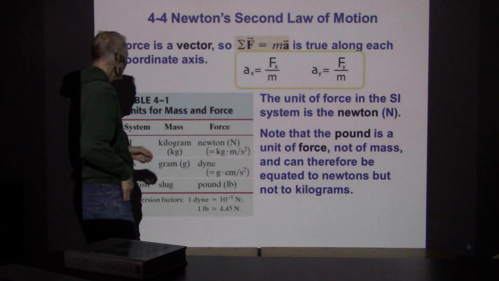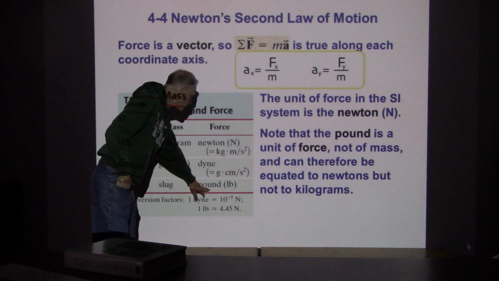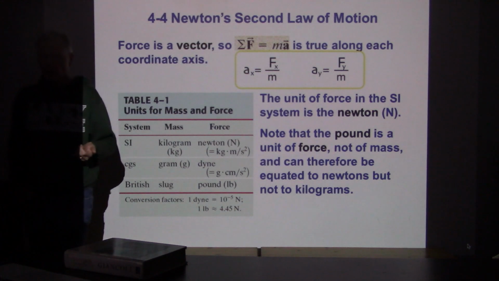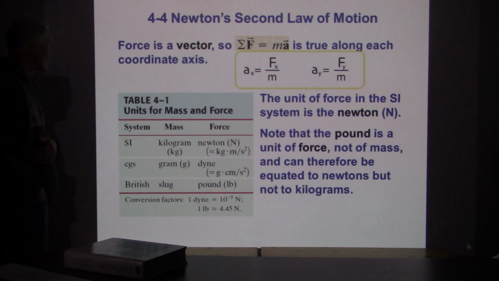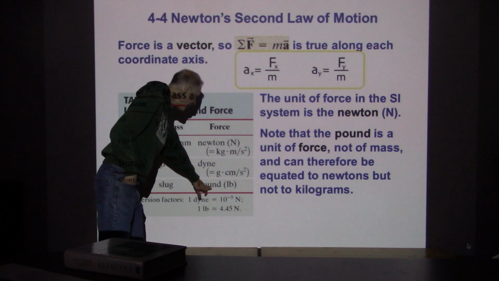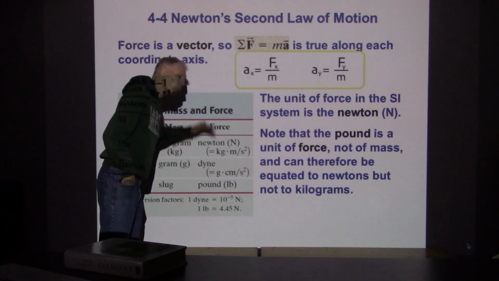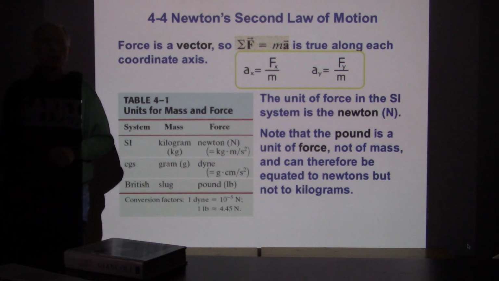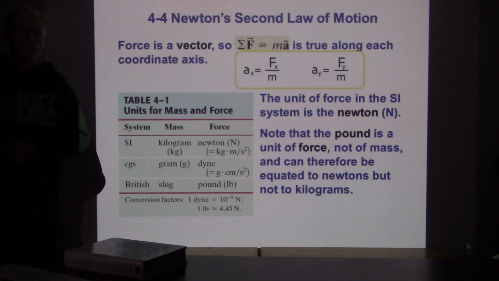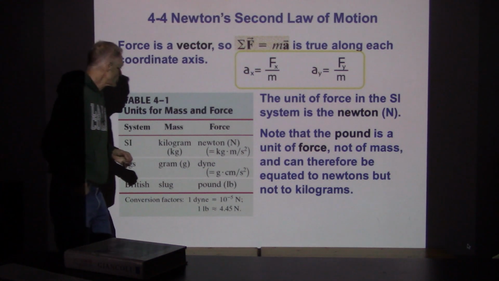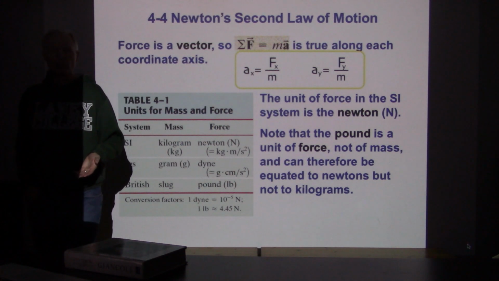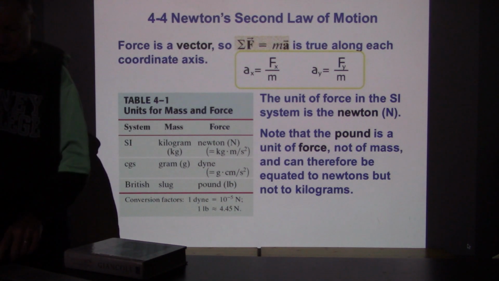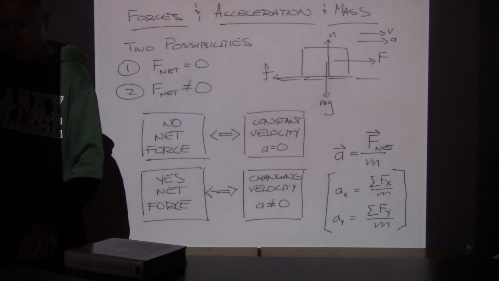is. Now, pound actually refers to force. And so pounds, when we measure something in pounds, it's usually asking how much gravitational force is acting on it. And so a 10-pound object on the Earth would not be 10 pounds on the moon. It would be 1.7 pounds, roughly. So the slugs would stay the same. So if it was a 5-slug object on Earth, it would be 5 slugs. And the way this works,